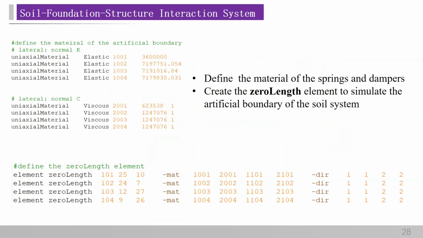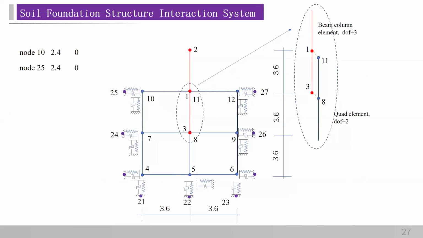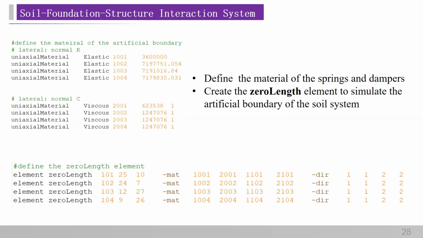We should also use the zero length element to connect these two nodes. The numbers following the command element zeroLength indicate the element tag and the two nodes that should be connected,